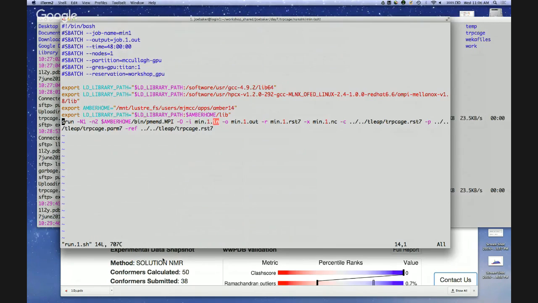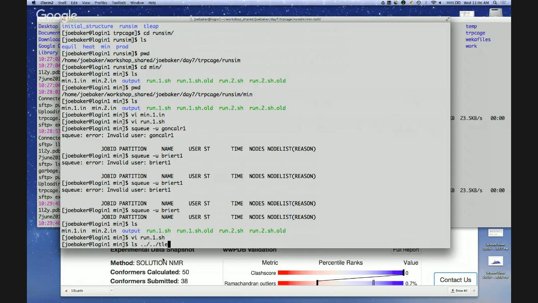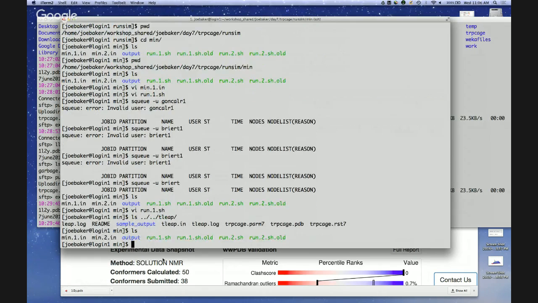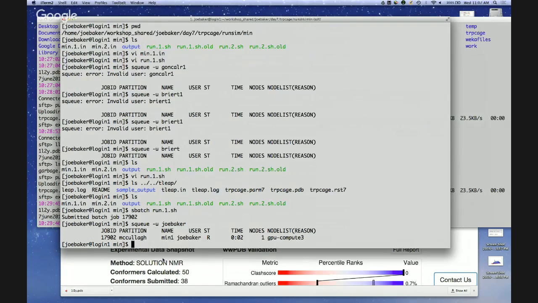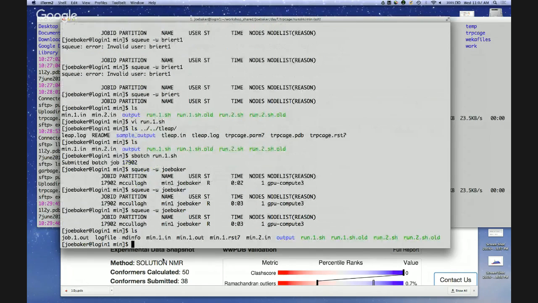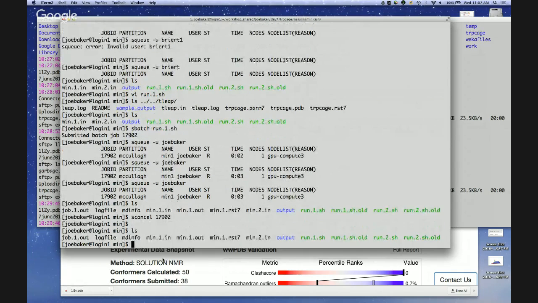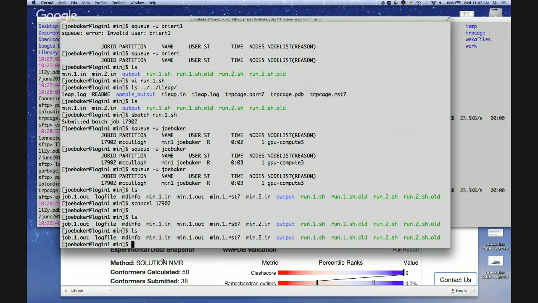Would it be in the output folder or just? No, it should just be in the regular folder. I'm going to run it. Mine is running. If you type ls in your directory, do you see a job.1.out file? No. Okay. So